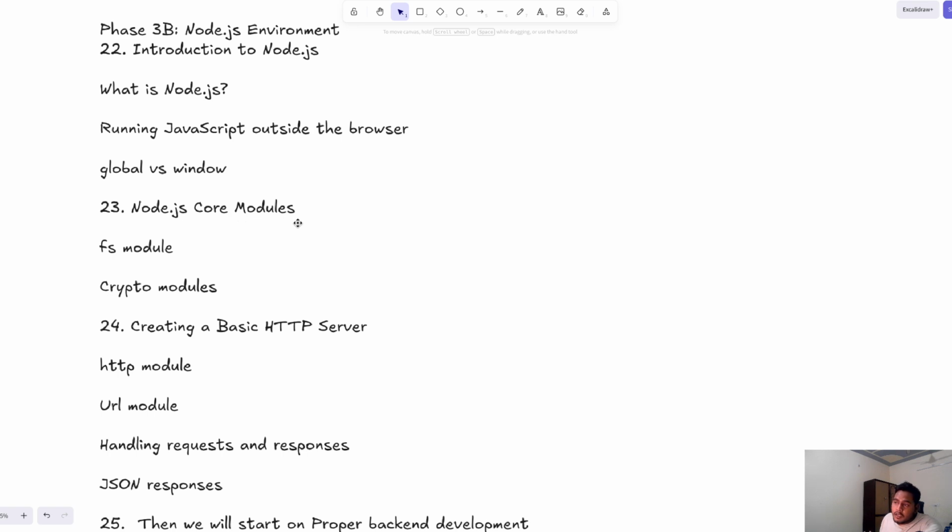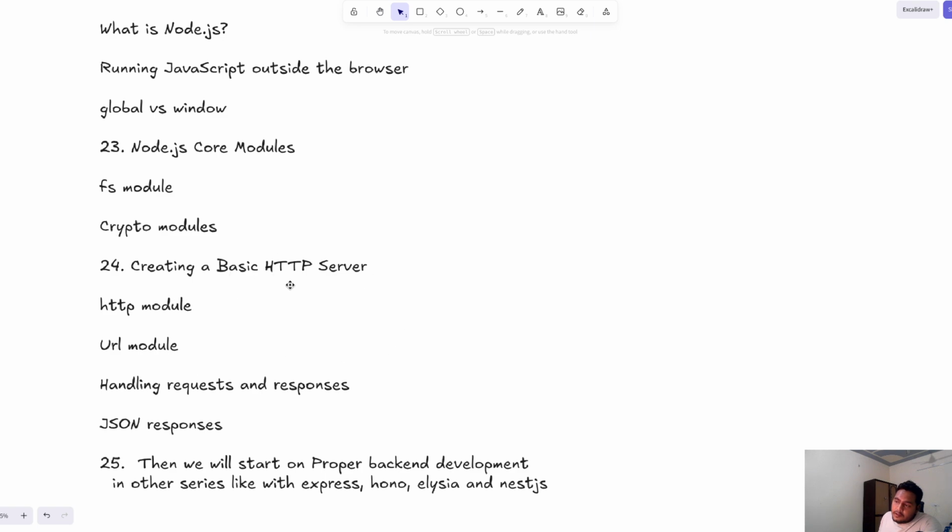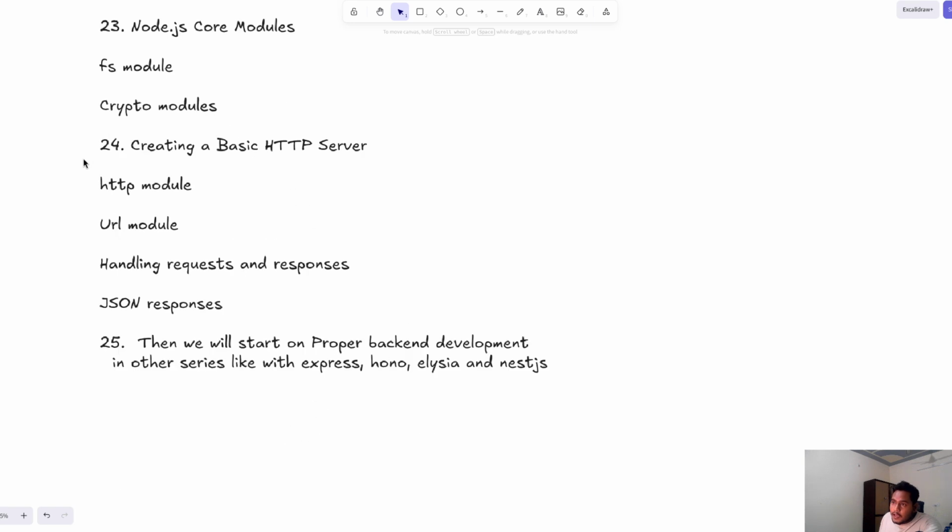Then we'll move on to the core modules that we need to know in Node.js, which are the file system module and crypto module. There are other modules as well, like the HTTP module and URL module, and this will come under creating a server. We'll basically be creating a basic HTTP server using these Node.js modules, handling basic requests and responses. Once we have created a basic HTTP server where you can call an endpoint and get a response back,